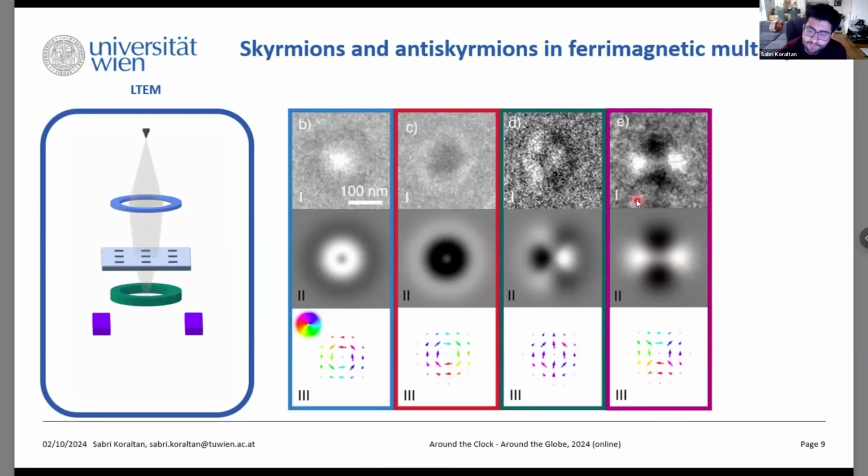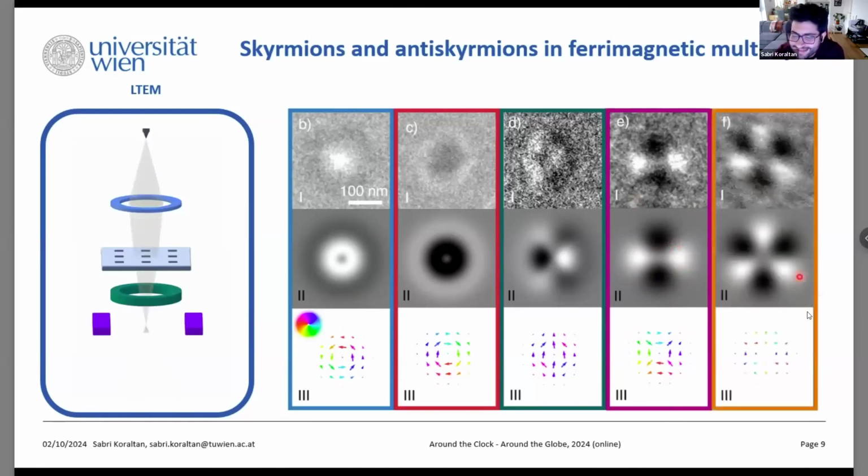So if you would have something which would have 2 more, so it's like dark, bright, dark, bright, dark, bright, right? This would mean that we have a second order anti-Skyrmion, as we could luckily, not luckily, but uniquely image in this case. So we have something which has an additional iteration of